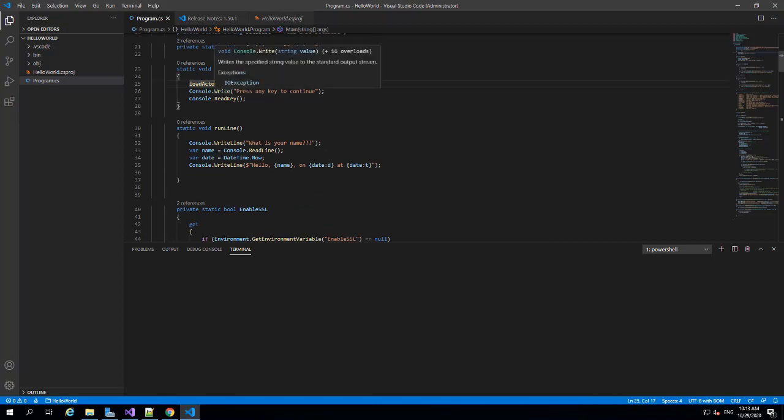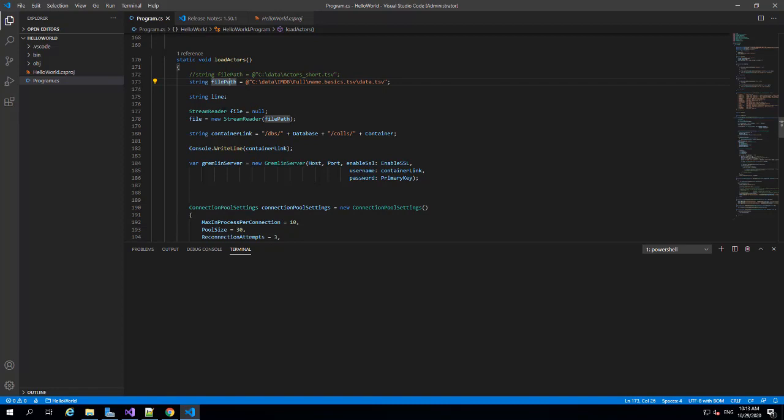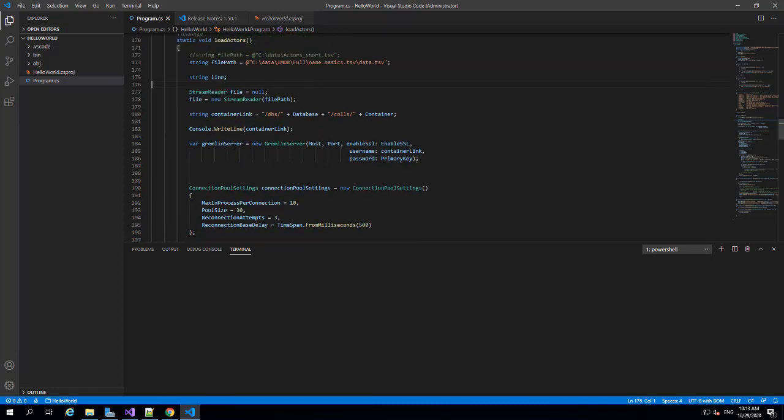In this example, it loads up the actors. What this does is it connects to that file, the file that we were looking at a minute ago. It then opens a stream reader, and you'll notice I'm not a C# developer. Once we create a stream reader, this allows us to read through the file. And then we can say, for each line in the file, go